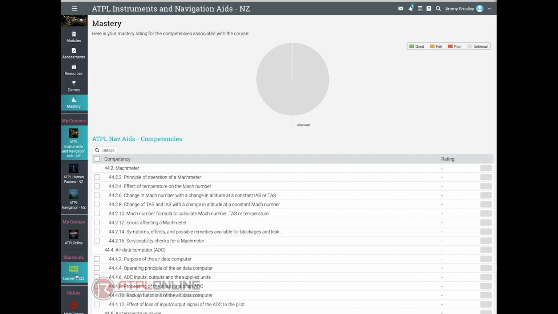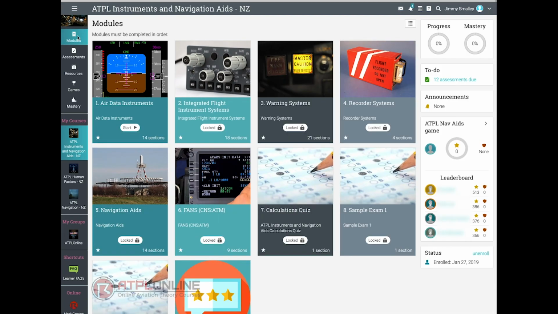Learner FAQs are down the left hand side there, and you will be able to see some of the folk who are online. You can send us a message or chat to either us or other students if you wish. Okay, clicking back to the modules page or the main lesson page,